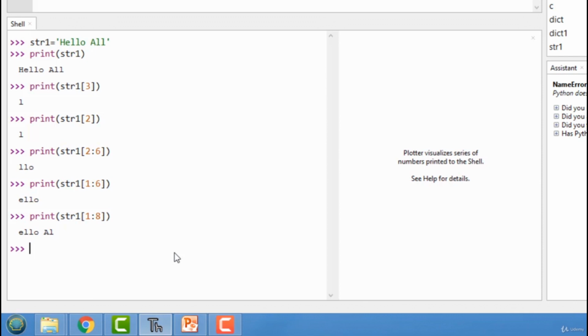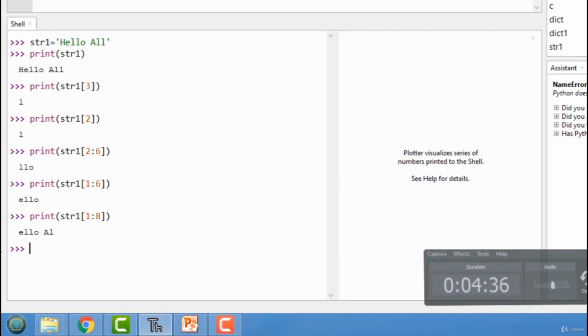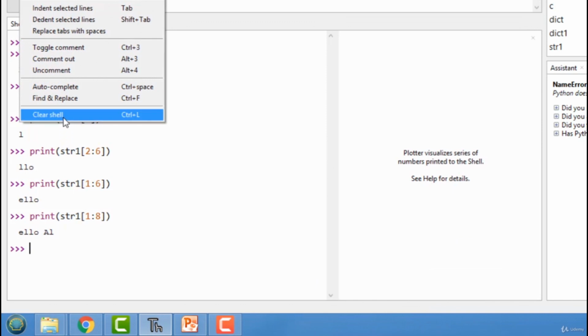This is called a slice operator. This colon in square bracket, when we use upper bound and lower bound in square bracket, it is called a slice operator. Now once again let me clear the shell, and we will see